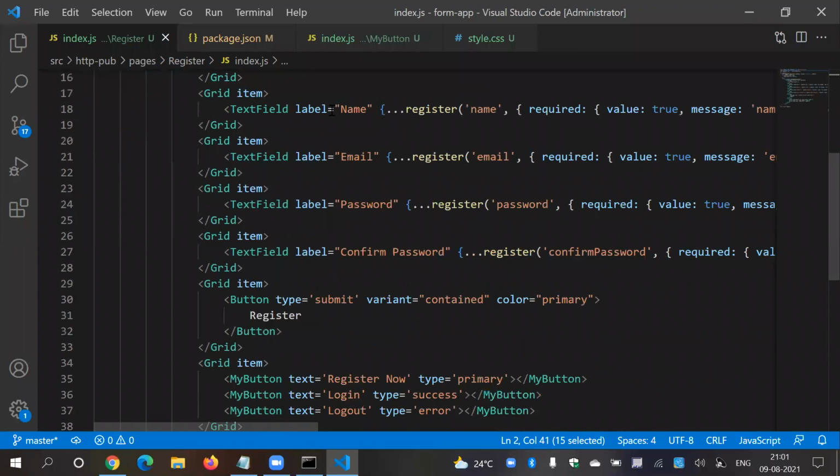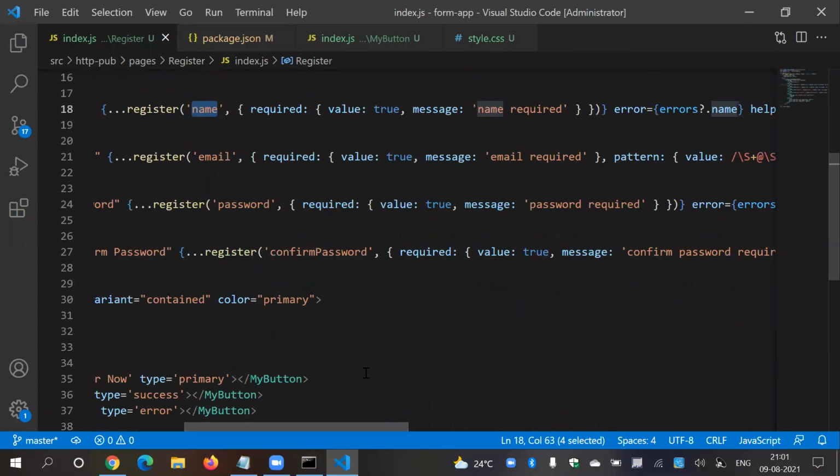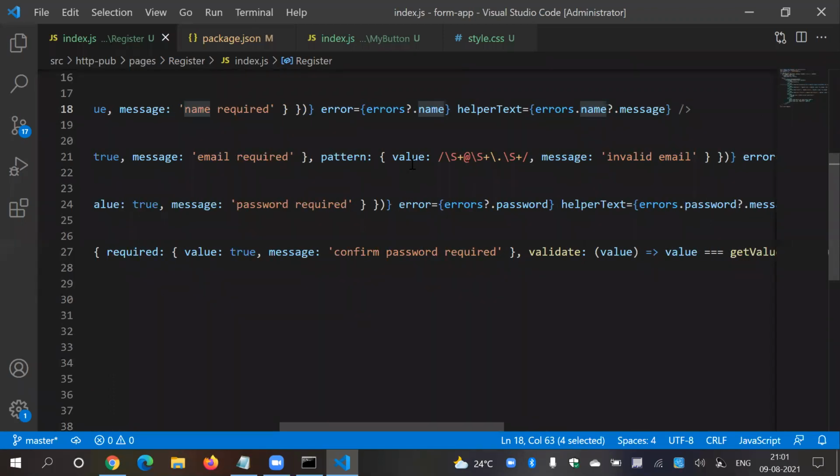So here is our first text field, name, and label, and here are the rules, like required true, and what message you want. Same thing, required, true, message. Then pattern, already explained this. I think this is a regular expression.